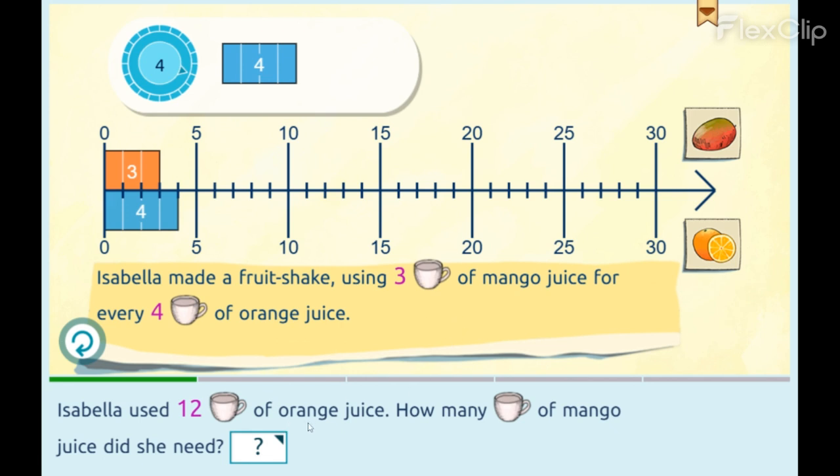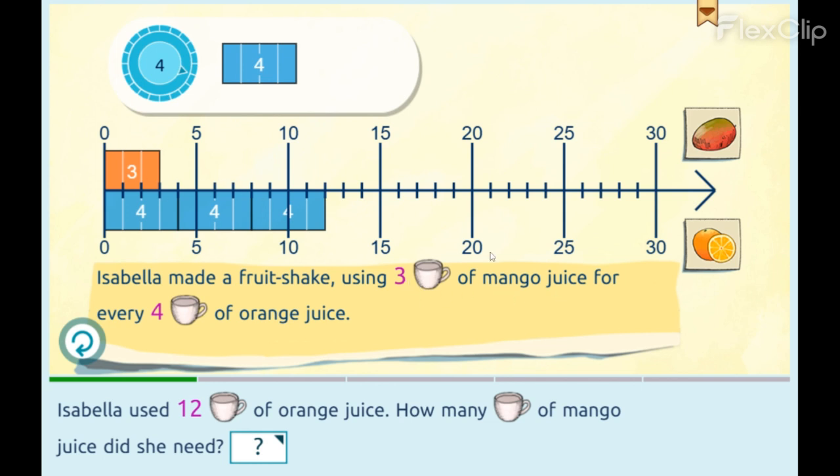And instead of using 4 cups of orange juice, she used 12 cups of orange juice. What does it mean? She used 3 times more orange juice. So she used 4 cups, right. She used 4 cups 3 times. At the same time, she needs to use the block of 3, which means 3 cups